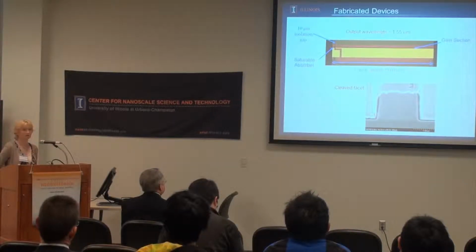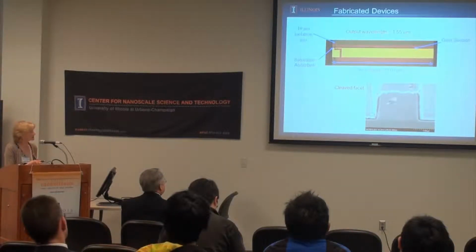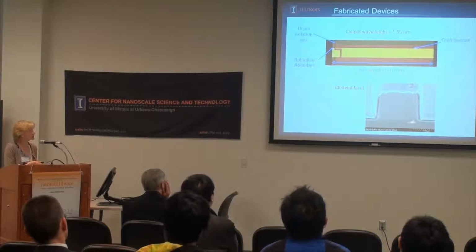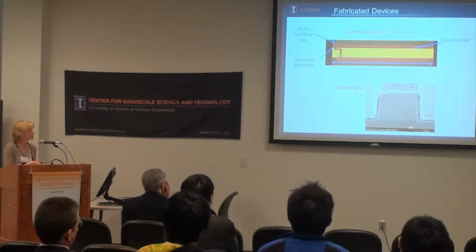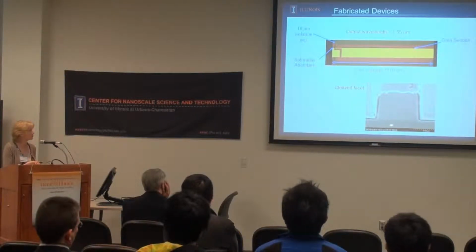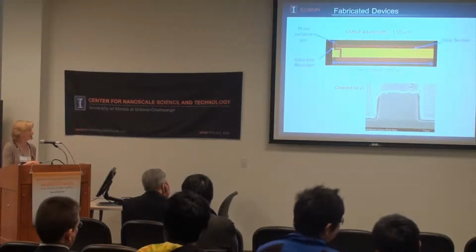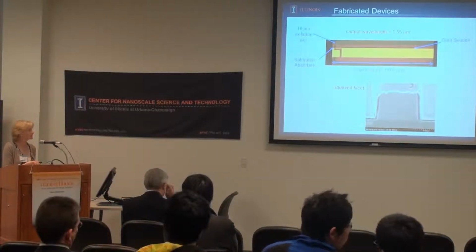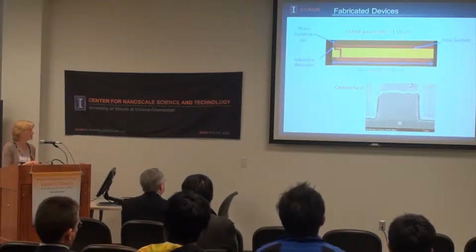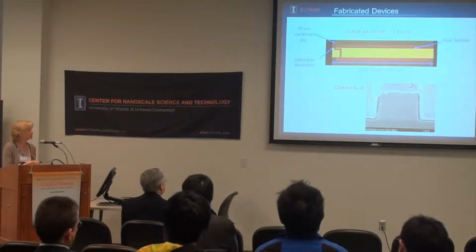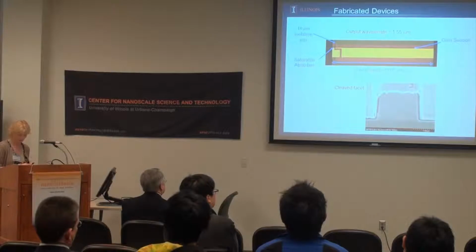This is just a picture of the cleaved facet where you can see we etch ridges, and the active region is here just below the ridge. It's single lateral mode, so we have a nice round oval mode here, and this is the metal cladding, and you can see here the silica passivation layer, and there's none on the top where we inject current through the